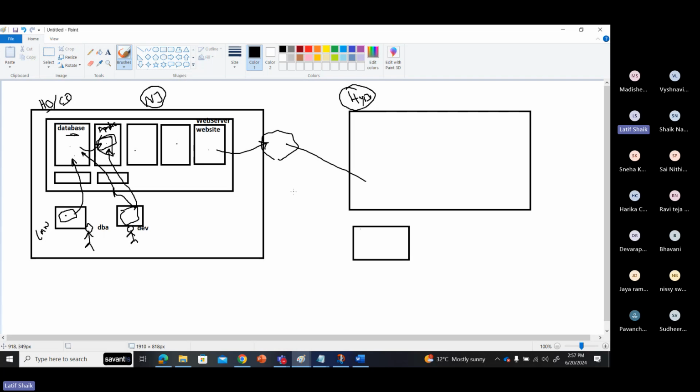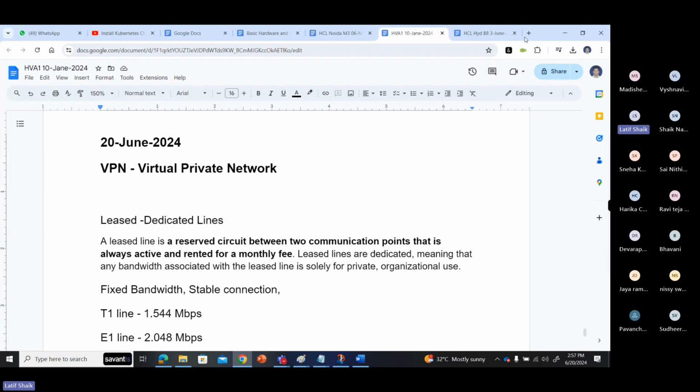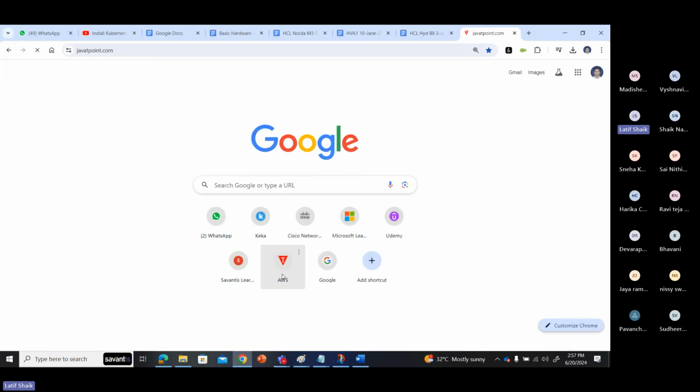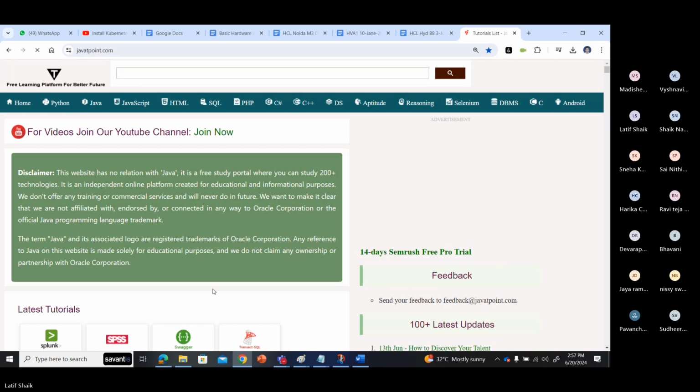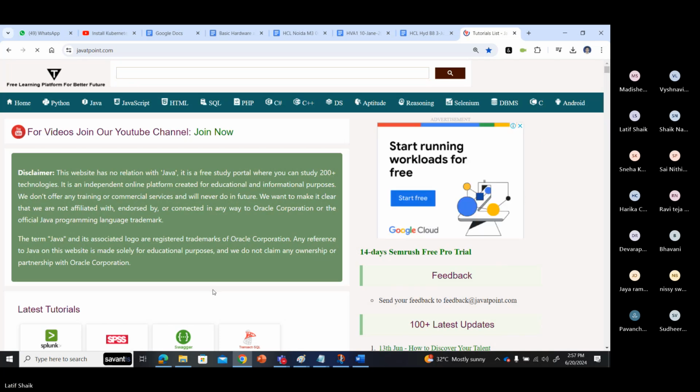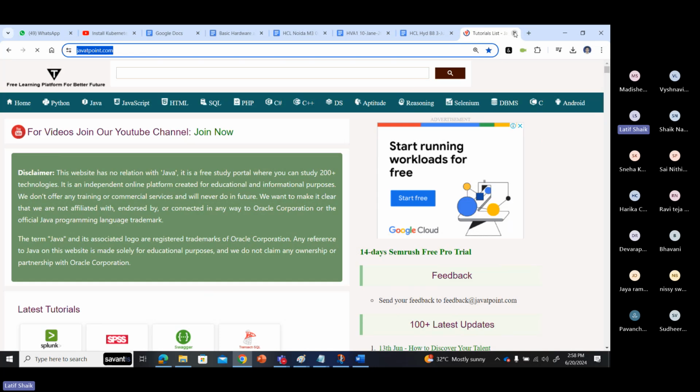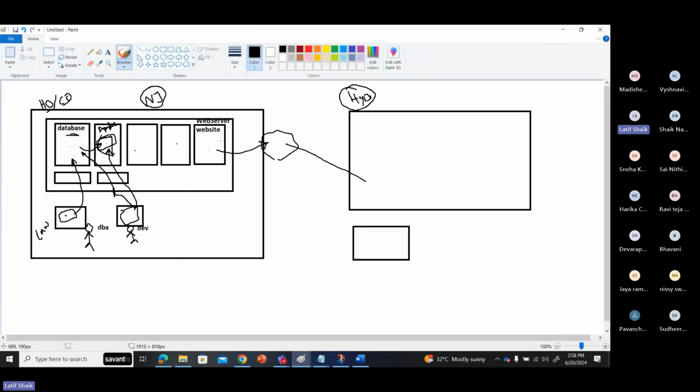Only the website I can access. The meaning is simple: I open some website and I can see the content, not the server's internal file systems or internal applications. I'm not able to see anything. I can just access the site. This site is publicly accessible, but not the content inside.